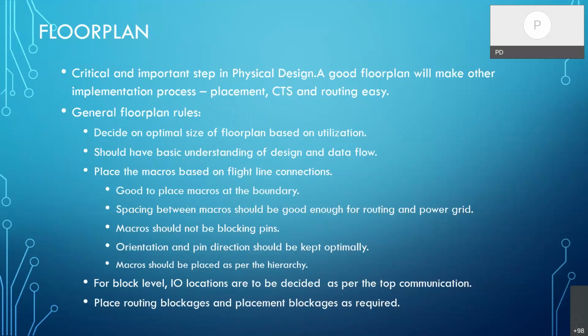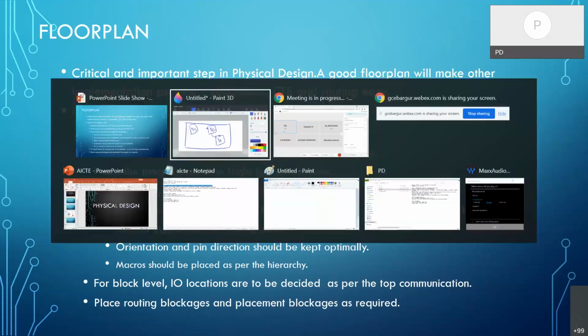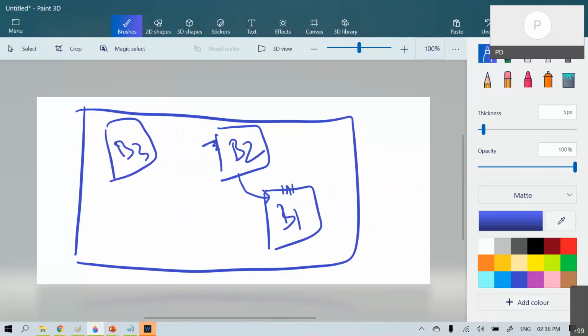And placement blockages and routing blockages should be placed in the floor plan stage itself. Say there are pins here. What are placement blockages? We have an option so that we tell the tool, don't place the cells in this area. Already there are pins, there will be so much routing coming out from this area, so please don't place the cells here also. Like that, we give some blockage there. Those are virtual; ideally, we are not going to fabricate them. We are just making the tool understand not to place anything.